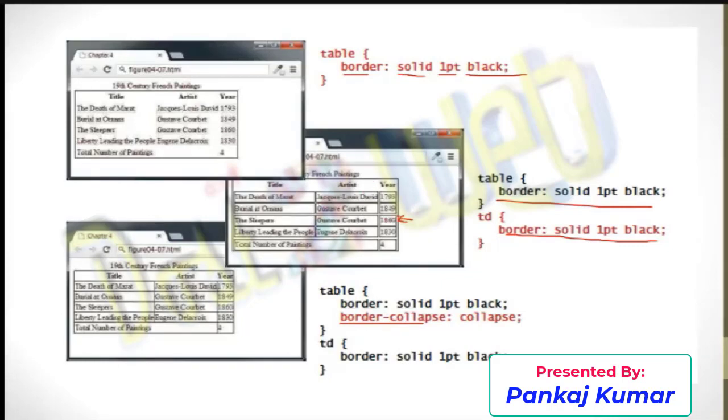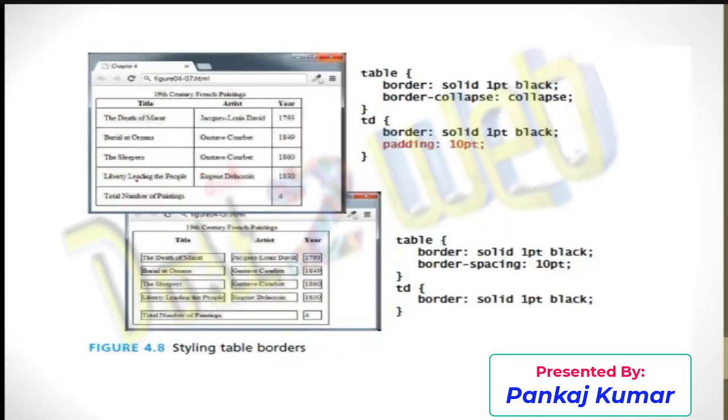I don't want this one. It should get collapsed. So that's why we define border-collapse, and the property is collapse. So this is the property and this is the value. So collapse means you can see there is now only one border for the outer border, and also the multiple columns and rows will have some border in the table.